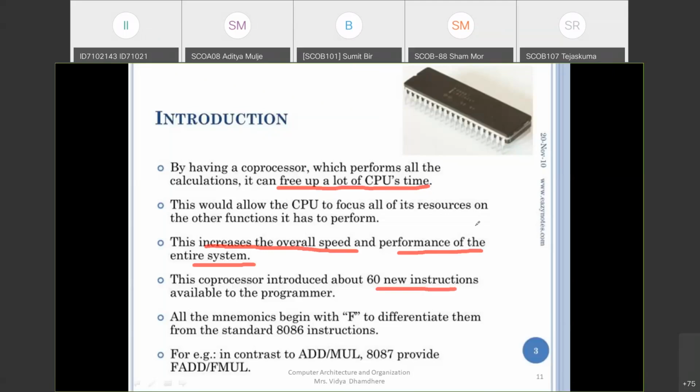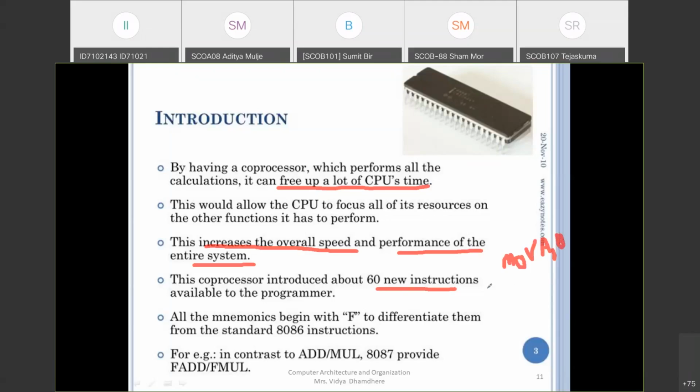The processor has its own instruction set, and the coprocessor also has a different instruction set. For example, if I say that the processor has a move instruction, MOV A comma B, this instruction is in 8086, for example. It is available for the main processor.